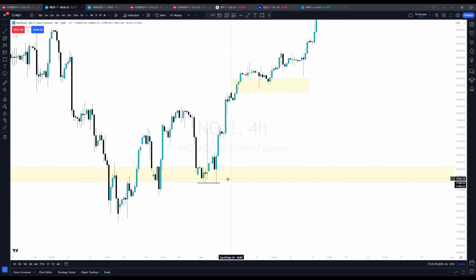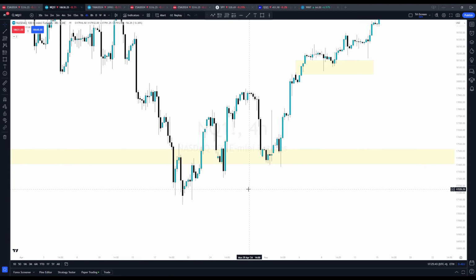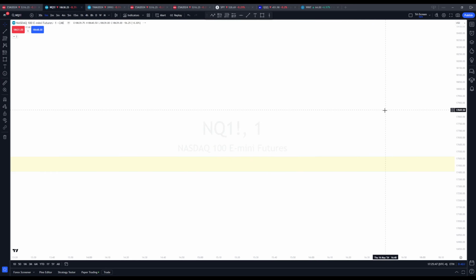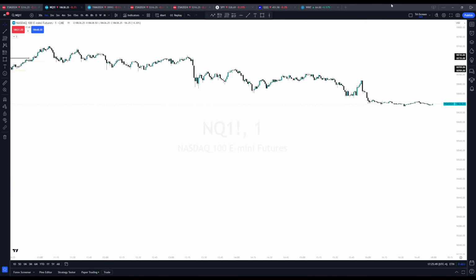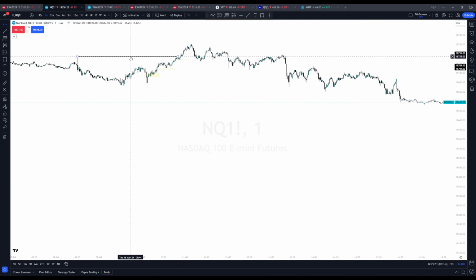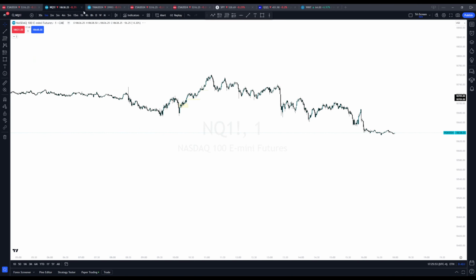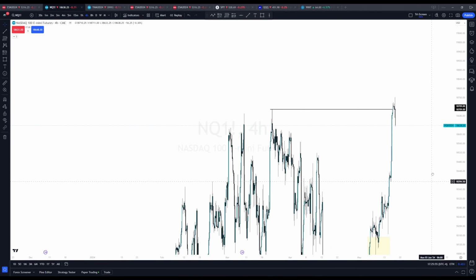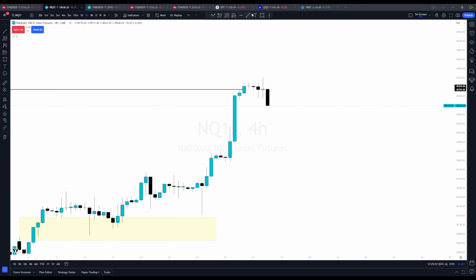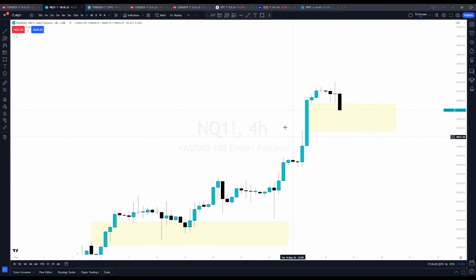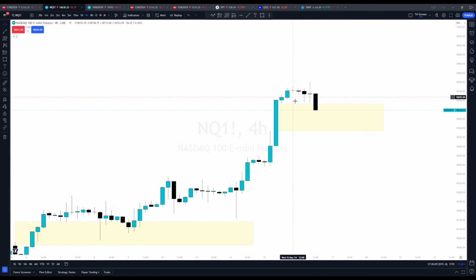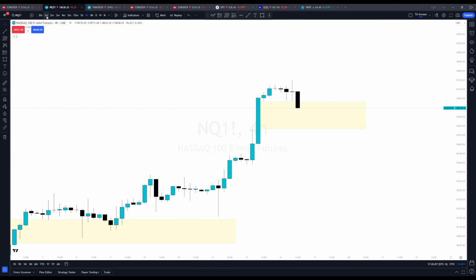but basically, something else I'll say is sometimes we'll come down and not sweep a low or sweep a high, and where was it today? So today we ended up getting an end of day, right? NQ all day had this 4 hour FVG that I kind of wanted. So we'll draw it here, and then we'll go down to the smaller time frame. So there's an unfilled FVG here. We'll go down to the 1 minute.